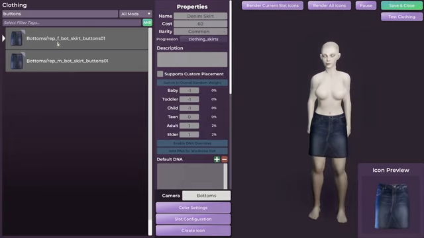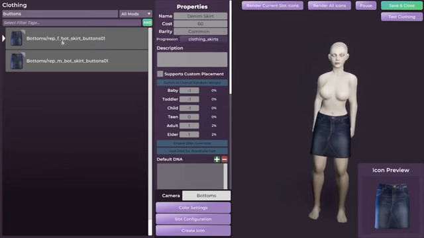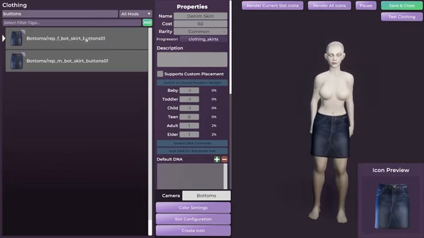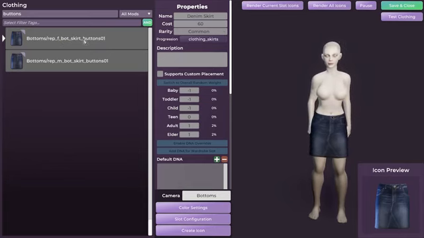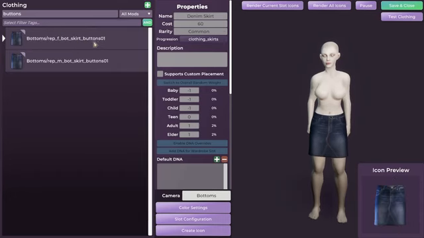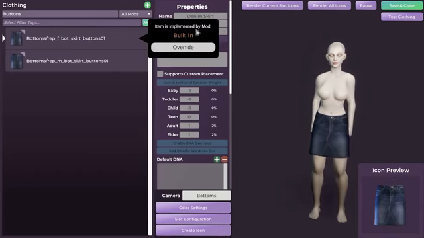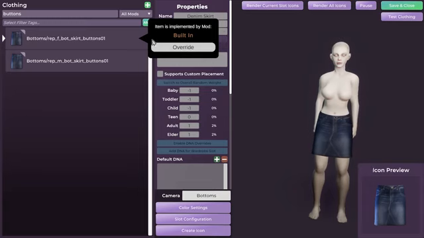In this case, I'm going to go ahead and pick the female body type denim skirt, and I'm going to select that I want to edit this skirt in particular by clicking its name again after I have already selected it. So I'm going to select it once, click on it, and then click on the name a second time. And once I do that, you'll see that it actually asks me if I want to override